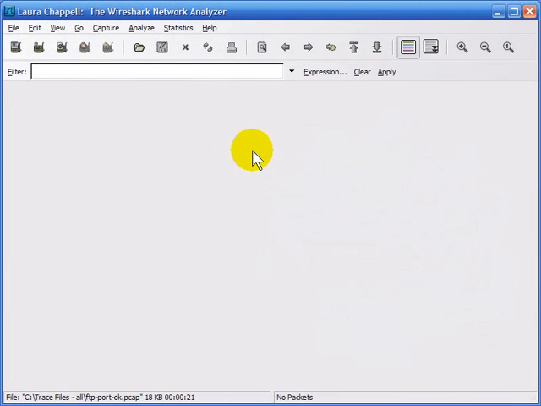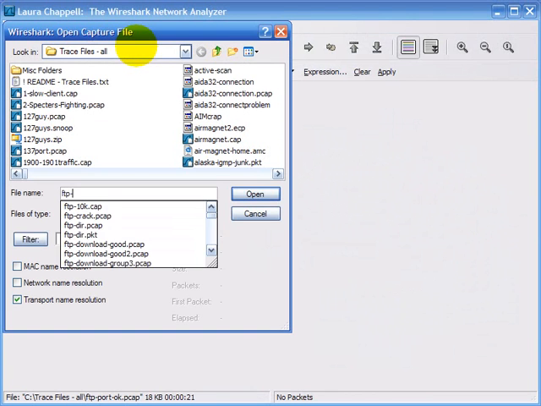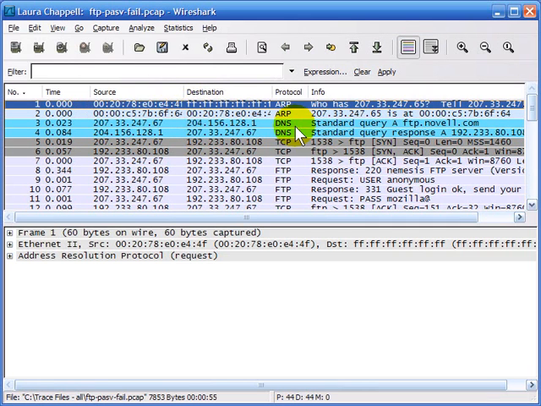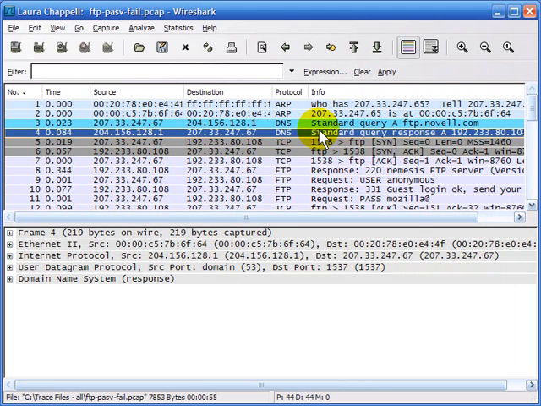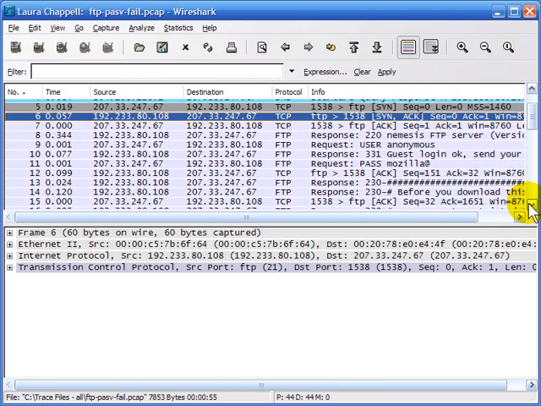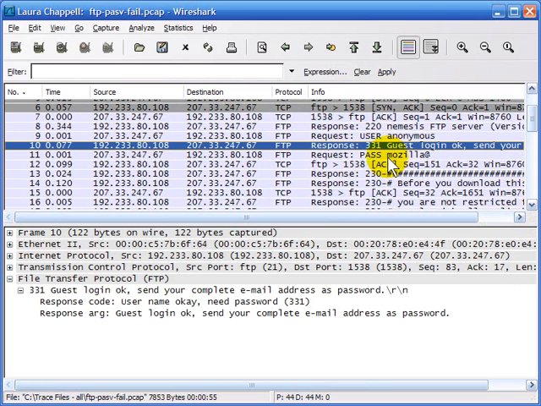The first unusual trace file that I'm going to open up is called FTP-PASV-fail. In this case, we see a query, somebody going out to ftp.novell.com, response coming back, handshake being accepted. We can see the user trying to log in as anonymous, and at this time that FTP server would allow